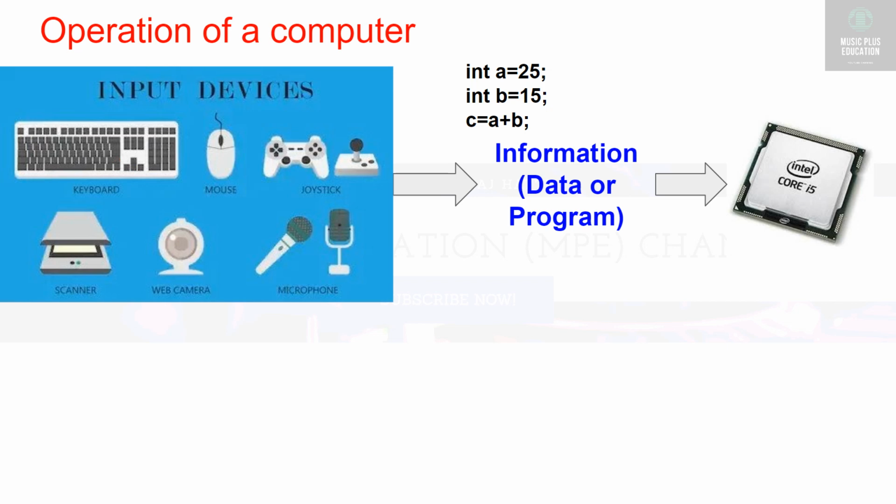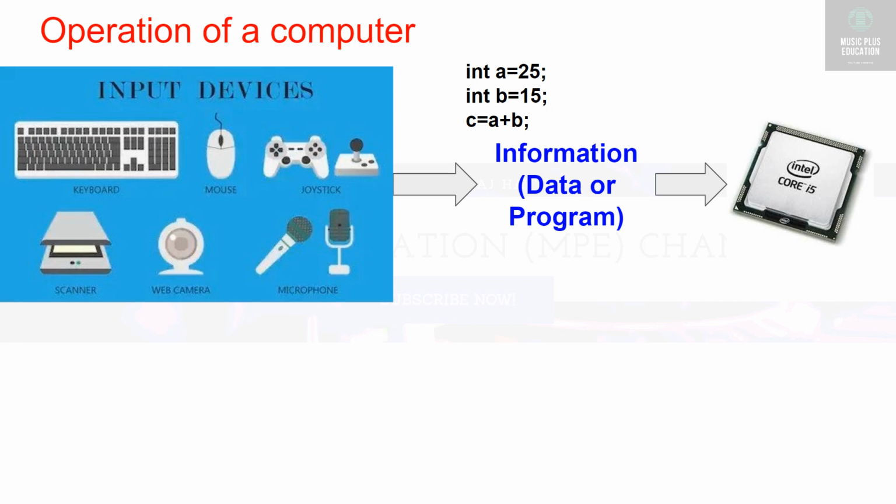Why do we have to synchronize? Because input and output devices are slower compared to the processor and memory. So we need to sync both. That is what synchronization means. Since input and output devices are slower than the processor and memory, they need to be synchronized. That is the reason we make use of buffer registers. Whatever characters you enter will be stored in the buffer register.